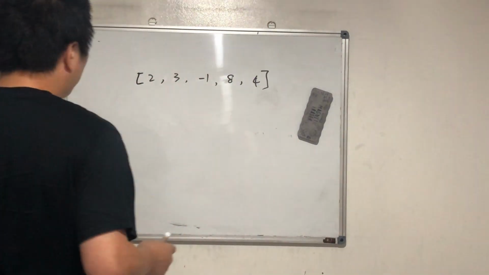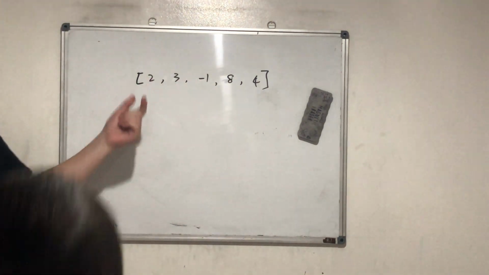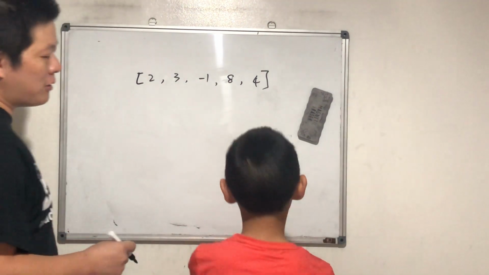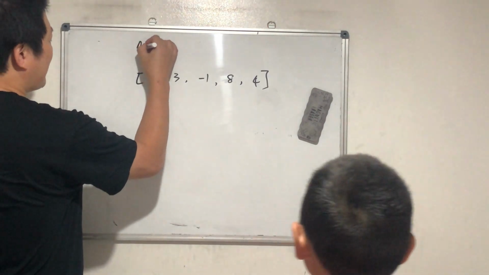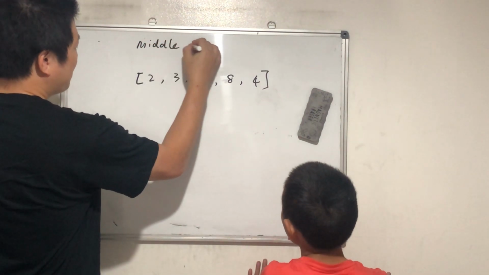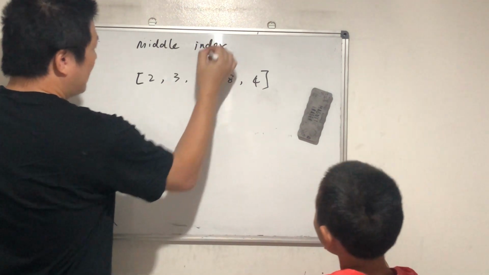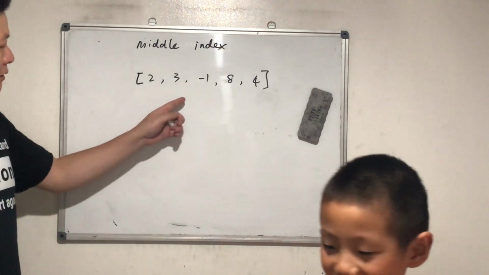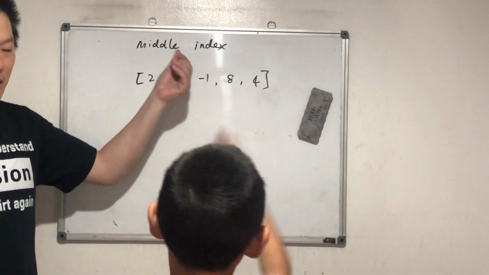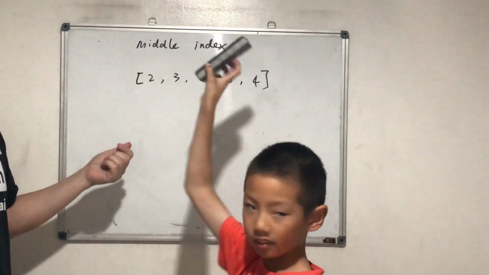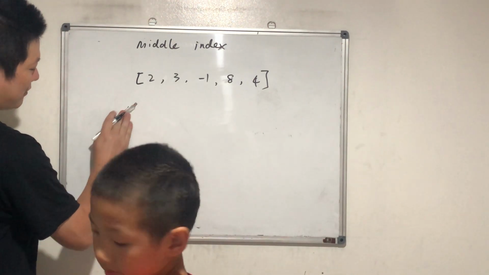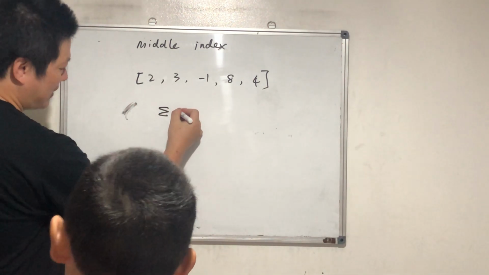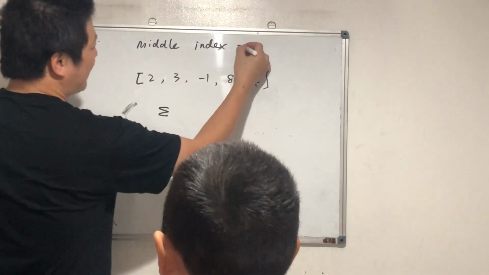Okay, so today we're given an array of numbers, a list of numbers, and we want to find out a meter index. So let's define this meter index. What's meter index? You split the array into two halves, the left and the right. If the sum of left, this meter index, let's call it